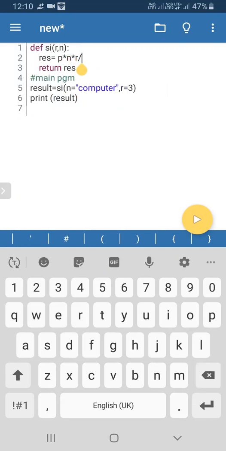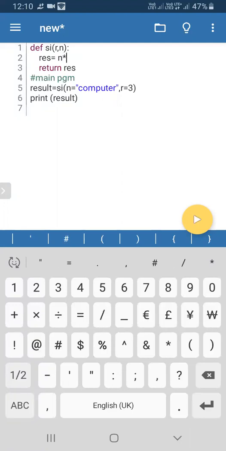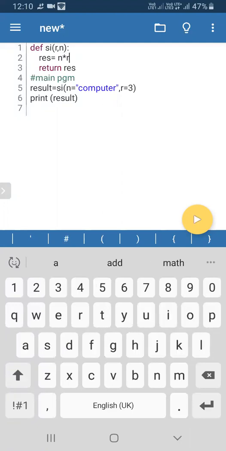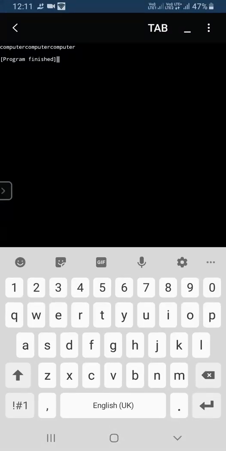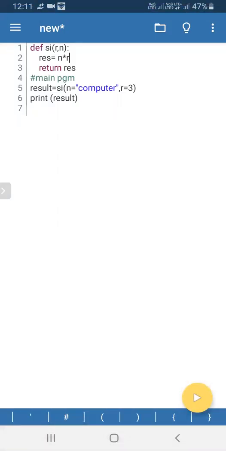Okay. So rest is a string. I'm just going to print N into R. N into R, replicate 3 times. Yes, of course. I think one of the students has asked to pass this thing. That's why I'm just using it. So passing this means the computer will be replicated 3 times. Now you understand the n value will be here, n comma r. In the function definition, you can see r comma n is given.